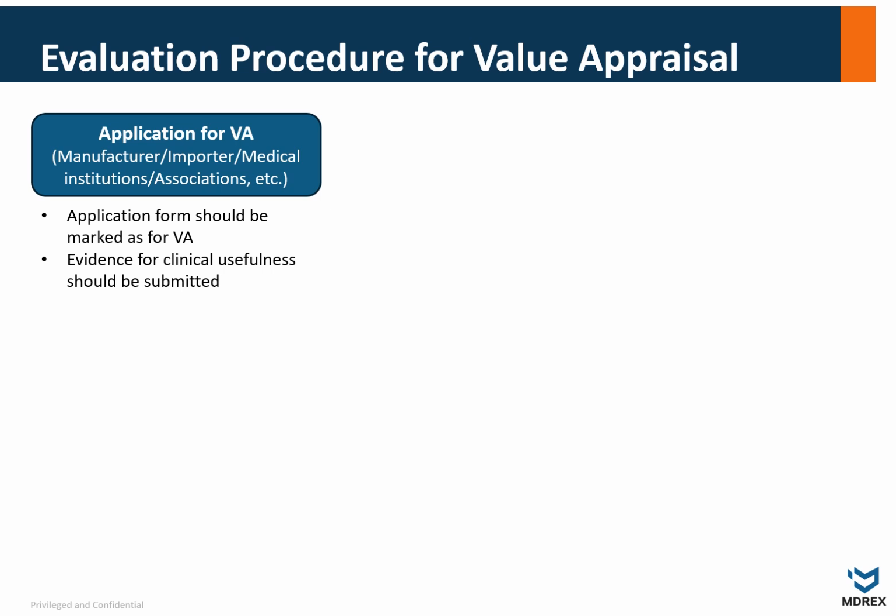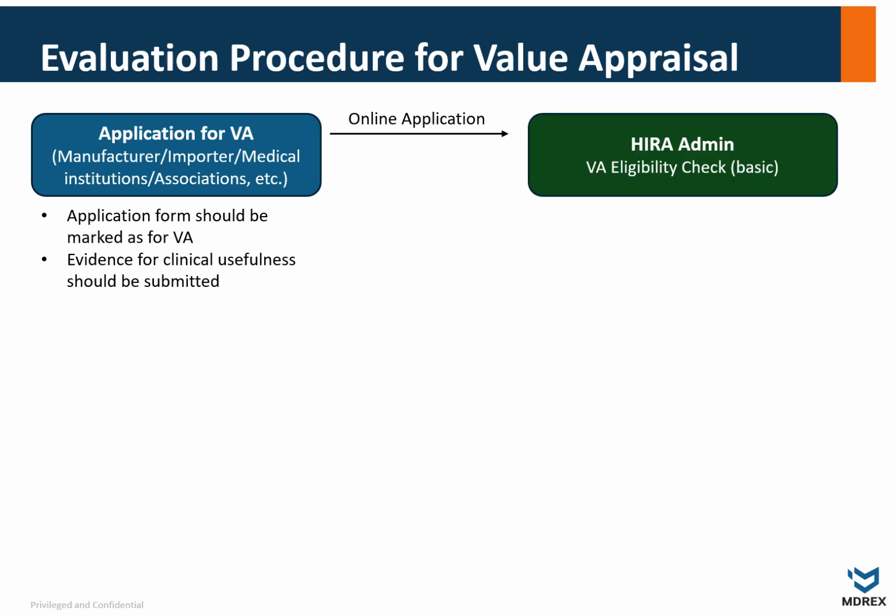On the first day, HERA admin does a very basic eligibility check, such as seeing whether all the required documents were submitted or not. If the application is not eligible or incomplete with documents, HERA admin notifies the applicant immediately so that a new application can be made, or a non-eligible one can be